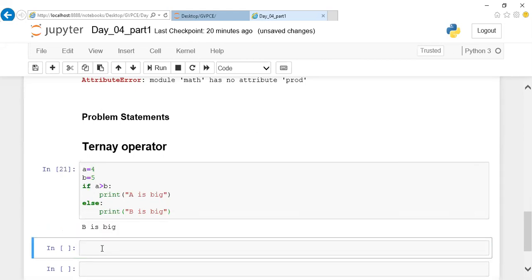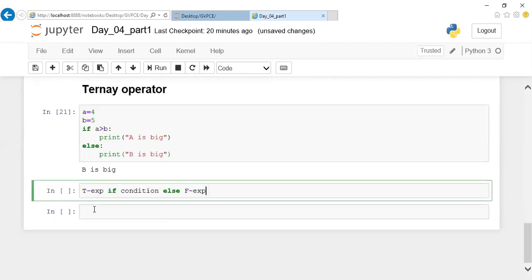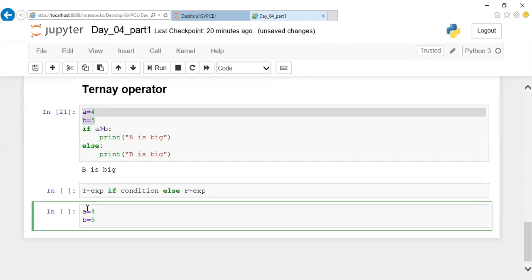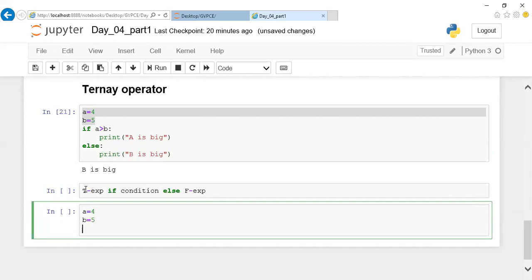Speaking about this ternary operator, the syntax is you'll have the true expression followed by your if condition, then followed by your else, followed by the false expression. This is the syntax of it. So let me implement the same program using the ternary operator. We'll have this A and B value here. What is the true expression here?